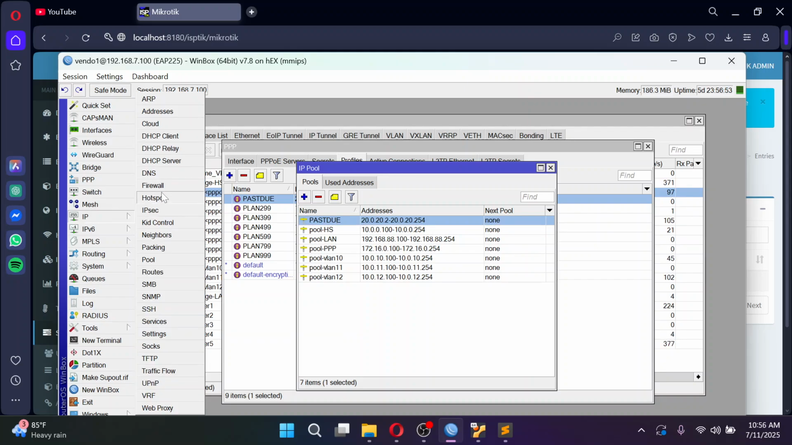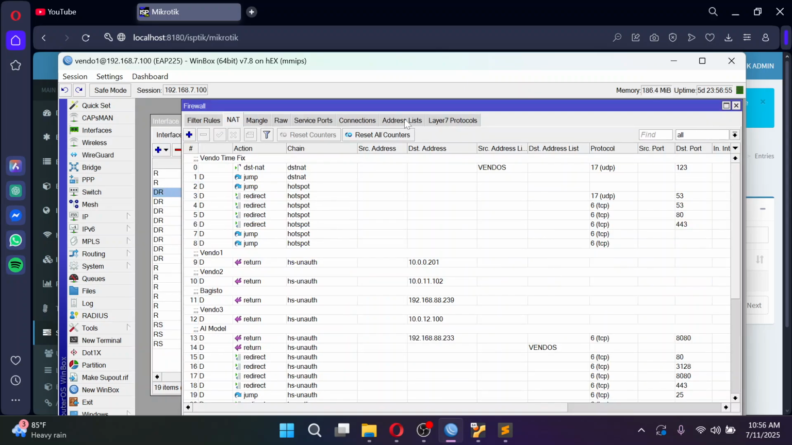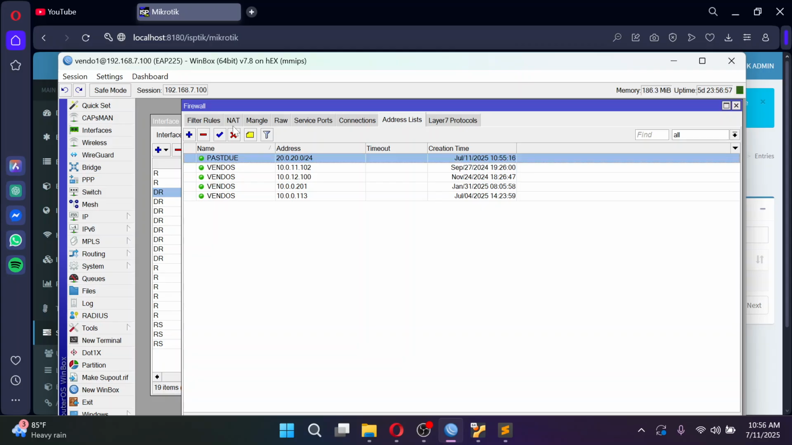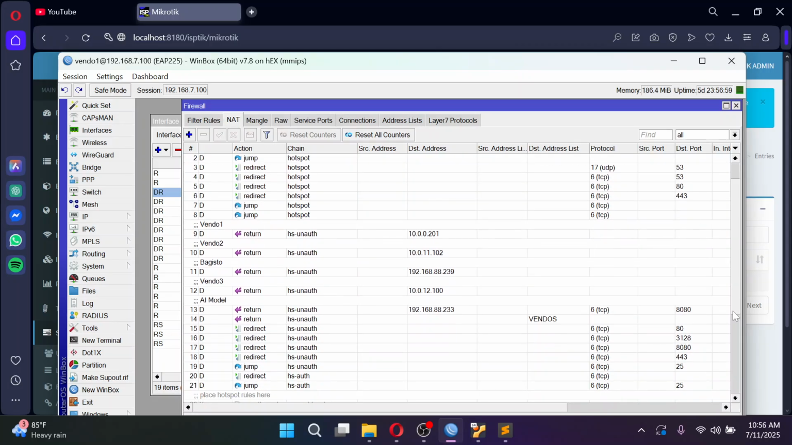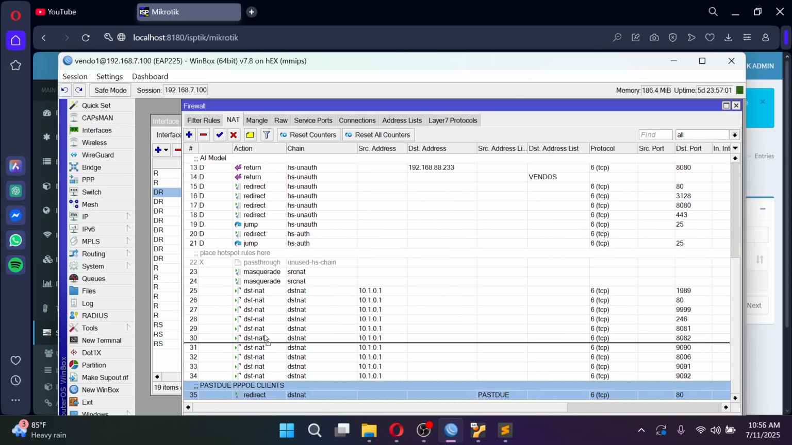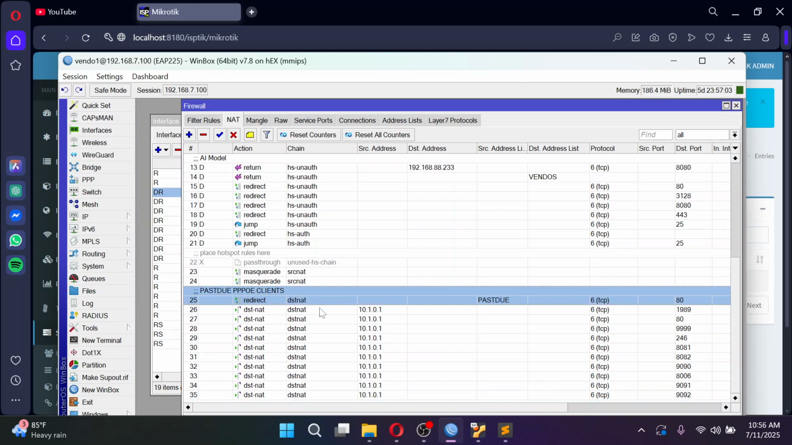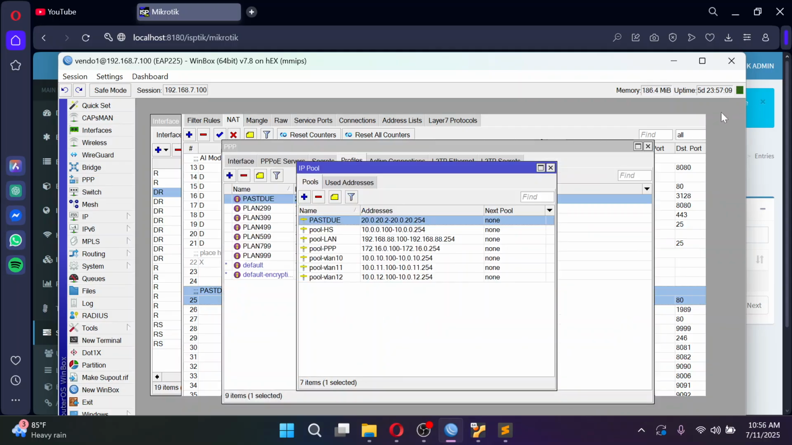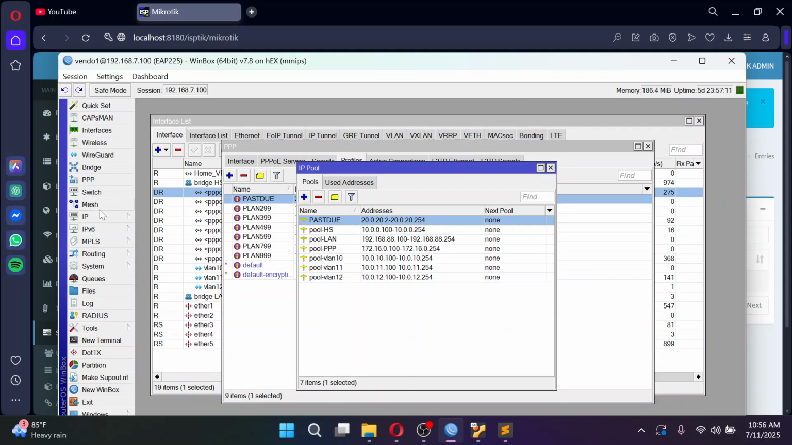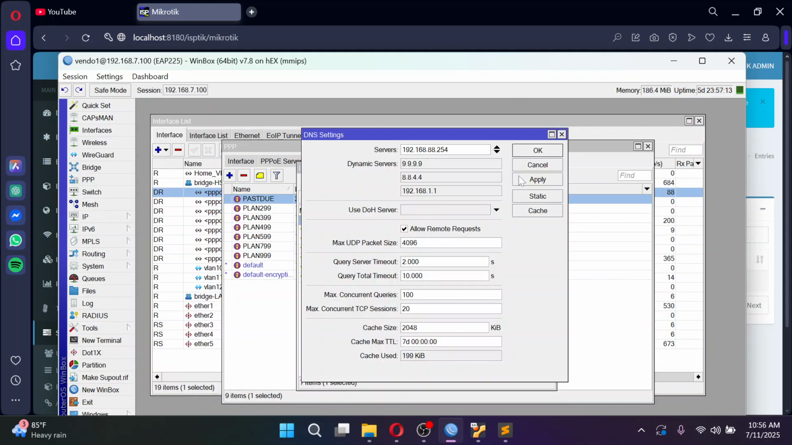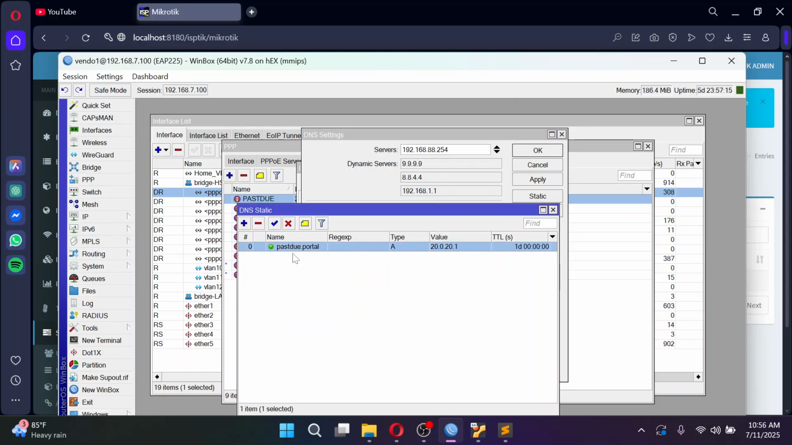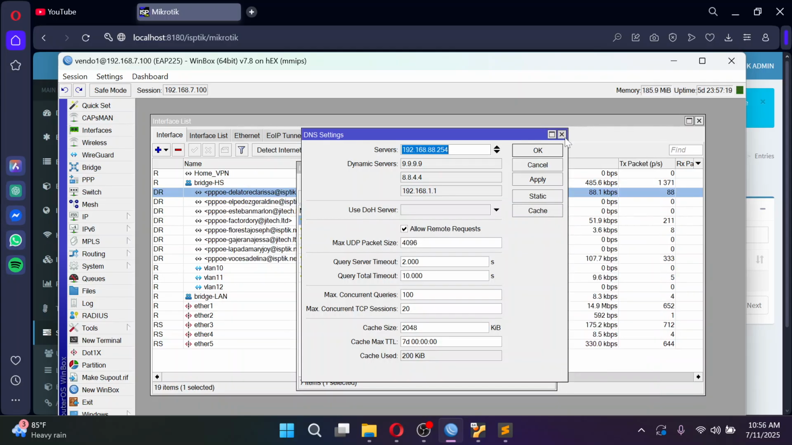Okay, and then for our IP firewall address list, we have now past due. For our NAT rules, we have also this one. So let's move it below the masquerade for the NAT. So this is the redirection. And then for the DNS, IP, DNS, static, we have also past due that portal. Okay. The same way,